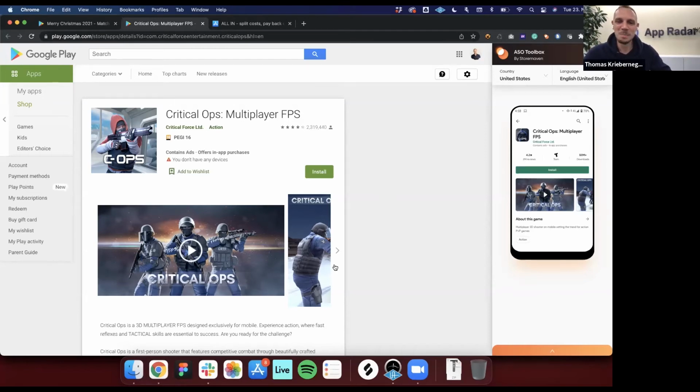But nevertheless, also when looking at the App Store listing, what we will find out when we go through it is that even those guys who are doing a really decent job, because they have over 50 million downloads and over 2 million reviews on the Google Play Store, nevertheless also have optimization potential. Let's check it out in more detail.